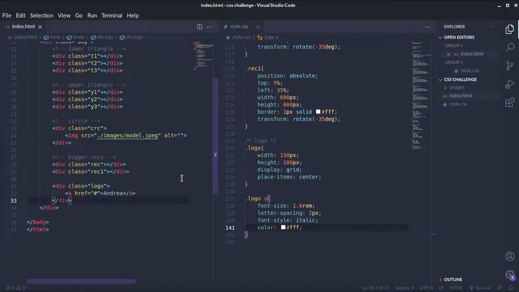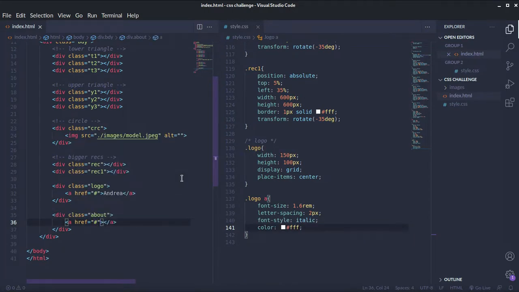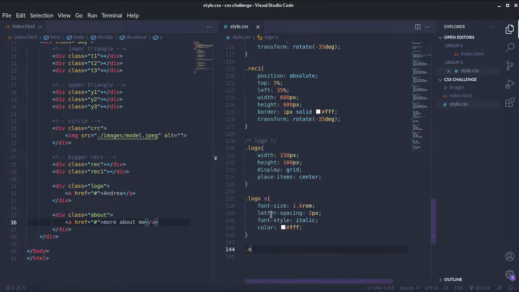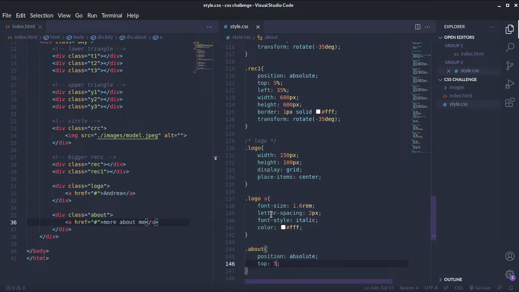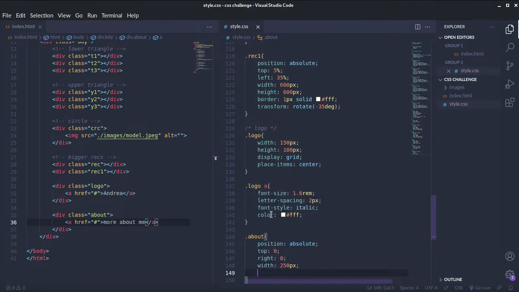Now let's add the more about, also have an a, more about me, dot about. Position is also absolute. Now a top of 5%. No, rather a top of 0 and a right of 0. Then it will have a width of 250 pixels, a height of 100 pixels,